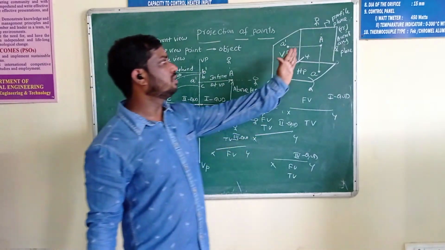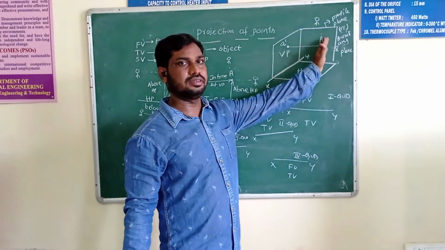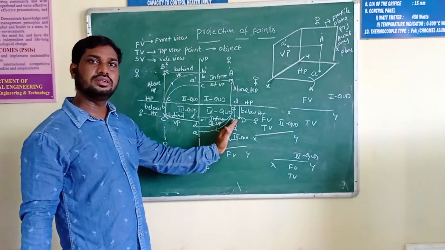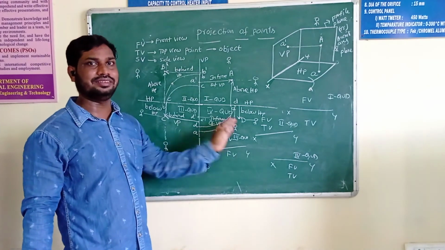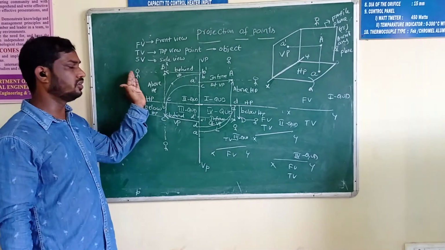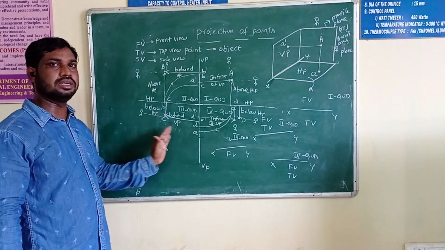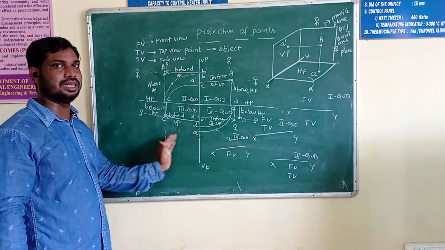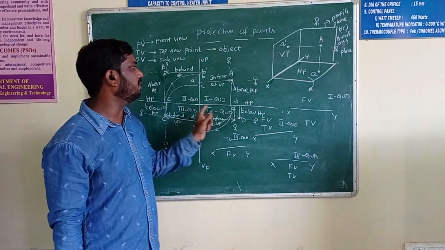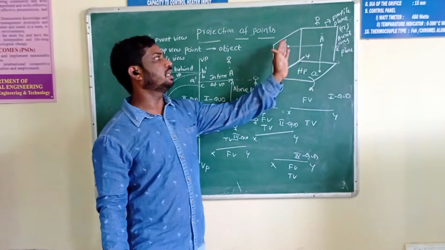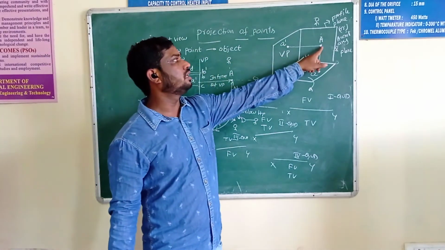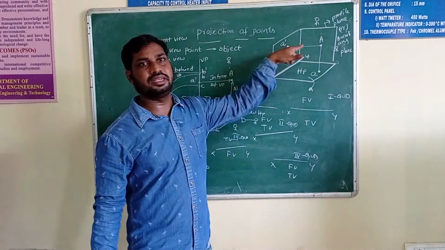In the first quadrant, the side view is on the right side. Also in the fourth quadrant, we are getting the side view on the right side. In the second quadrant, the side view is from the left side. And in the third quadrant also we are getting the side view on the left side, because this is the horizontal plane, this is the vertical plane. So beside the vertical plane we have the profile plane, so we are getting the view from the side direction.